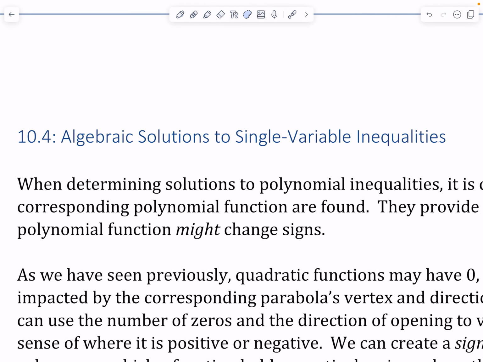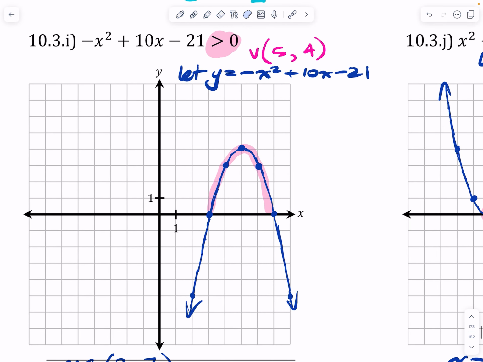Oh, hey there. Thanks for coming out to lesson 10.4, which is algebraic solutions to single variable inequalities. And more specifically, we're looking at quadratic inequalities. We have, in a previous lesson, done a graphical solution method to see where a function is positive or an expression is positive or negative. And we know how to graph quadratics, so we can use that graphing method as a way to work with